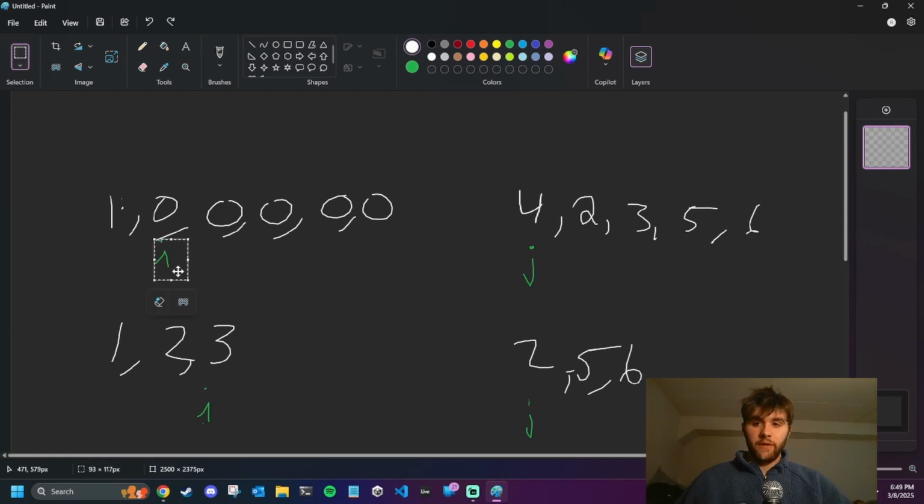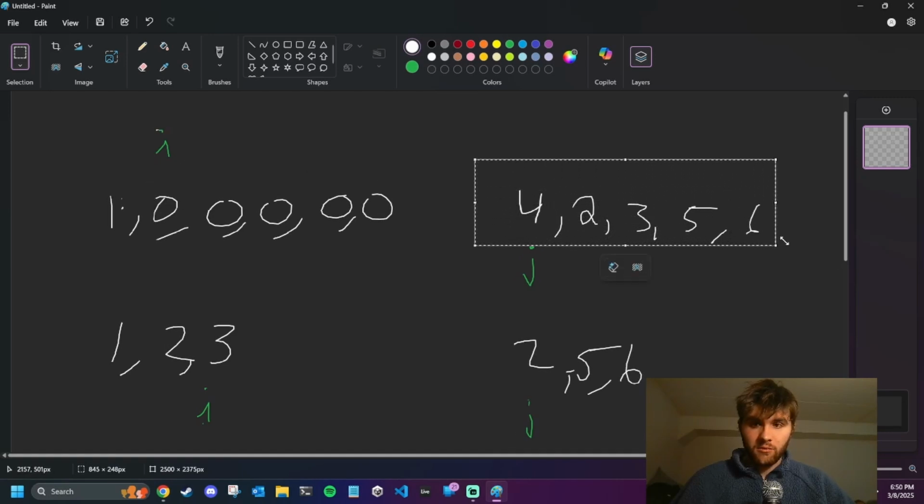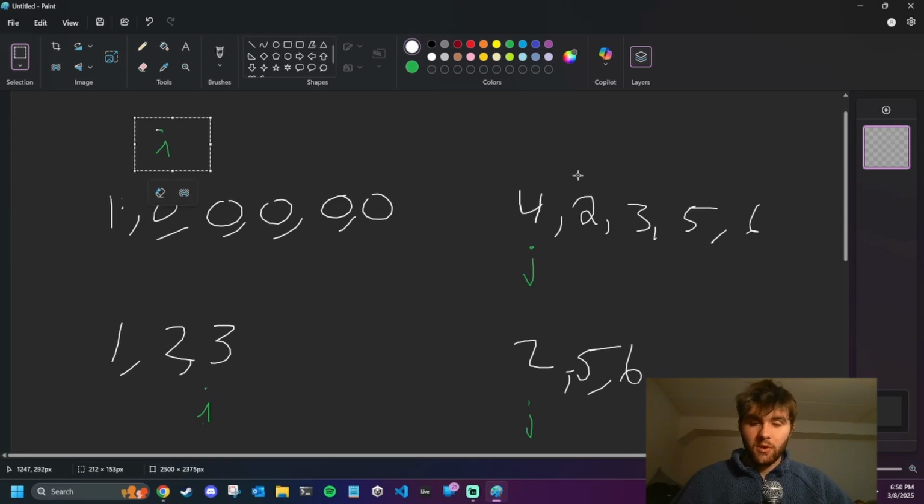So at this point, though, I has gone out of bounds. So when I goes out of bounds, then we want to add,